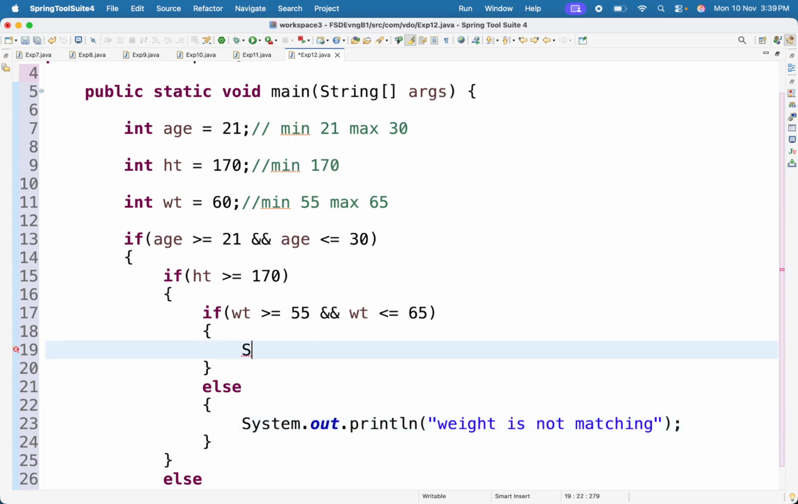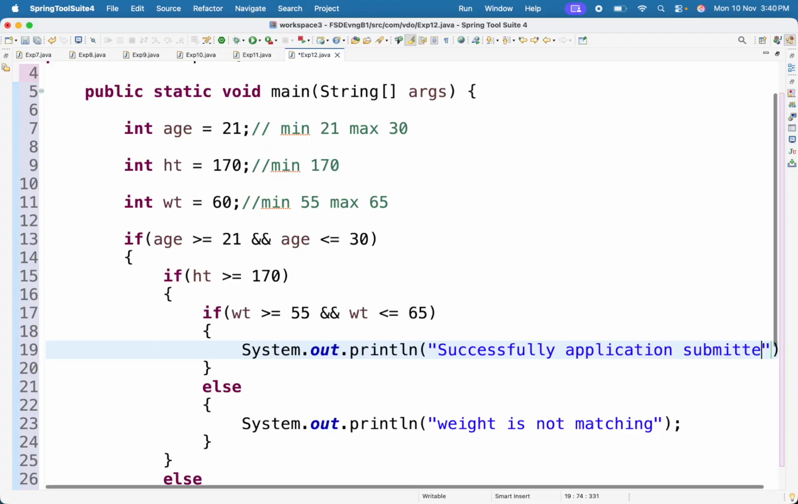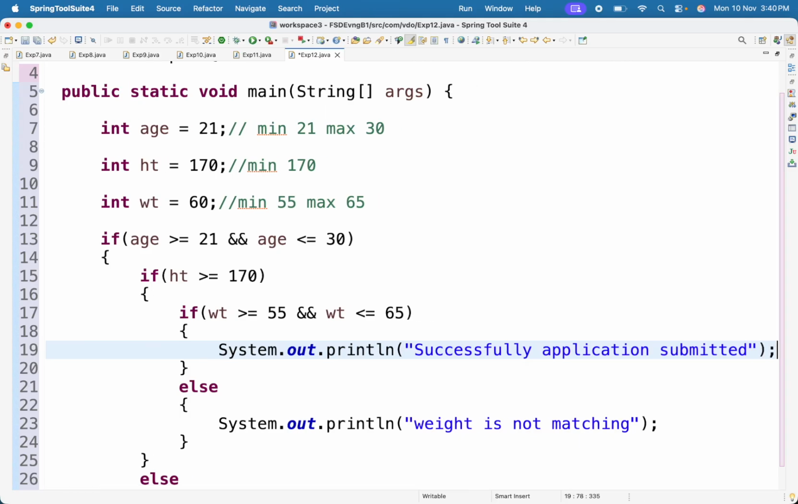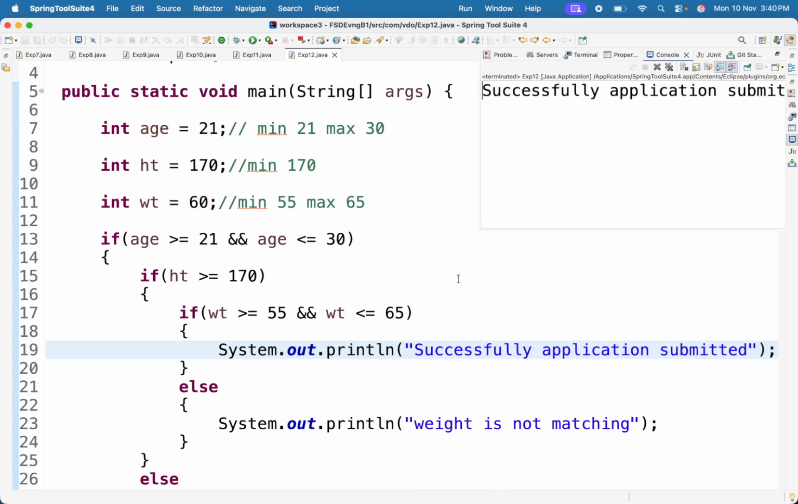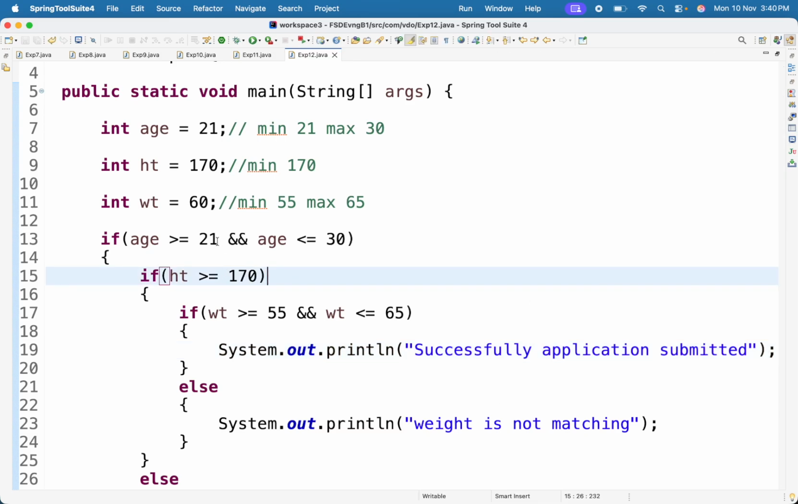Done. So finally you can go for the successfully submitted your application. Application submitted. Okay, that's it. Now check the parameters. 21 is within the range, 170 is eligible, 60 is within the 55 to 65 range only. You will get the successful message. Okay, successful, application submitted. And if the age is not matching, lesser value or maybe greater value,